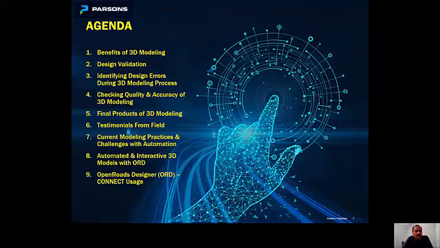I will also be talking about some of the current modeling practices in the transportation industry, and some of the challenges with this automation. I will be talking more on the ORD side, and I'll be sharing our experience on the ORD software, and how powerful ORD can be to automate the design and also to develop automated 3D models. And I will be discussing the OpenRoads Designer usage at Parsons later on.